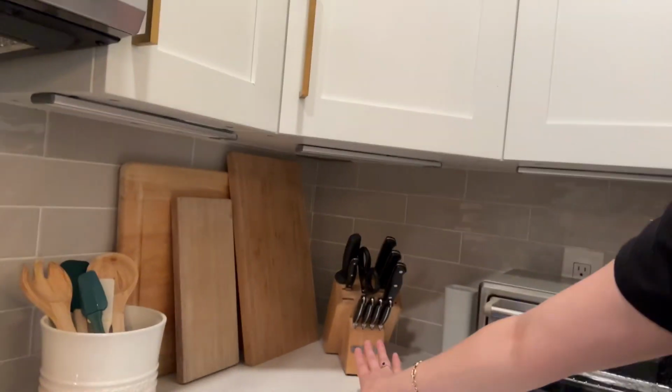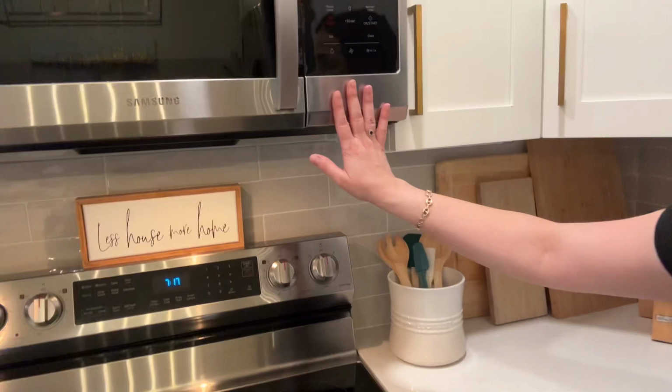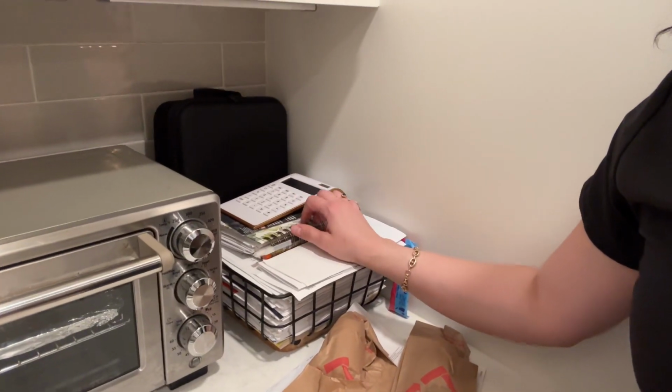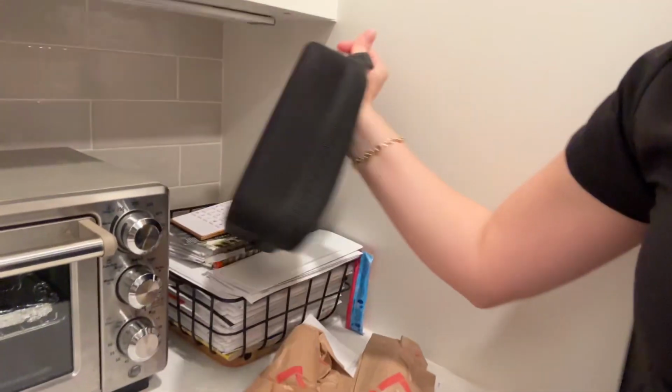And then this is like, you know, the knives, the cutting boards, baking stuff, microwave, toaster oven. And this is like my junk section. This is medication that I just picked up, and there's just junk here, like papers, my little calculator, my little notebook, and this is a massager. And I normally keep my